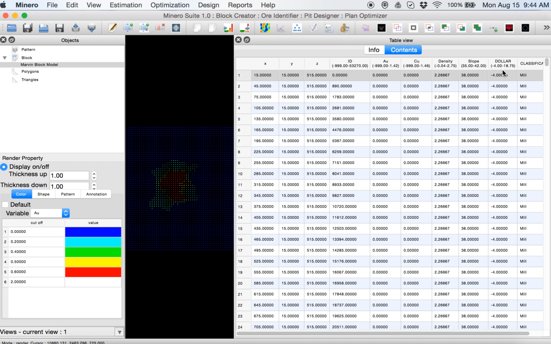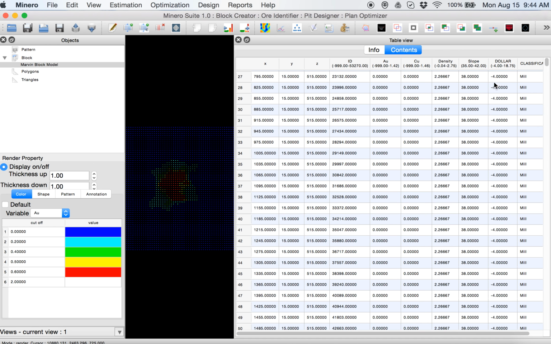So I have now dollar values that go from -4 to 18.79 dollars per ton. Dollar minimum value is -4 and maximum value is 18.75. The metric unit for dollar value in this particular exercise is dollars per ton.